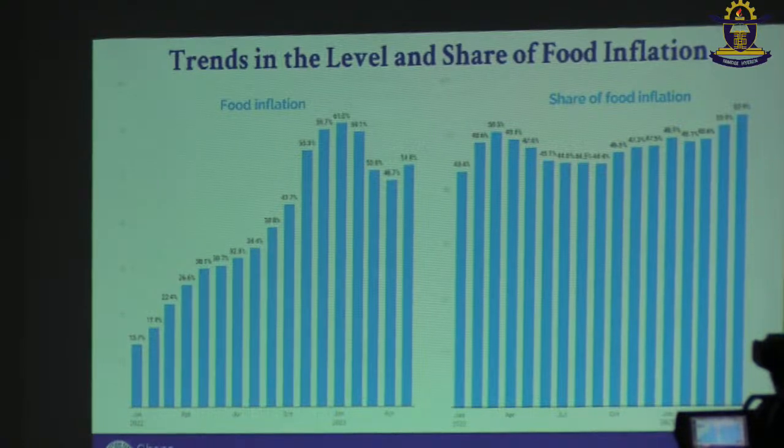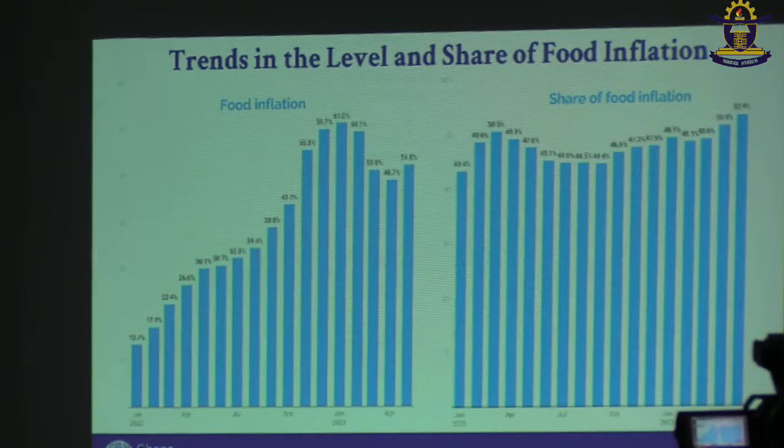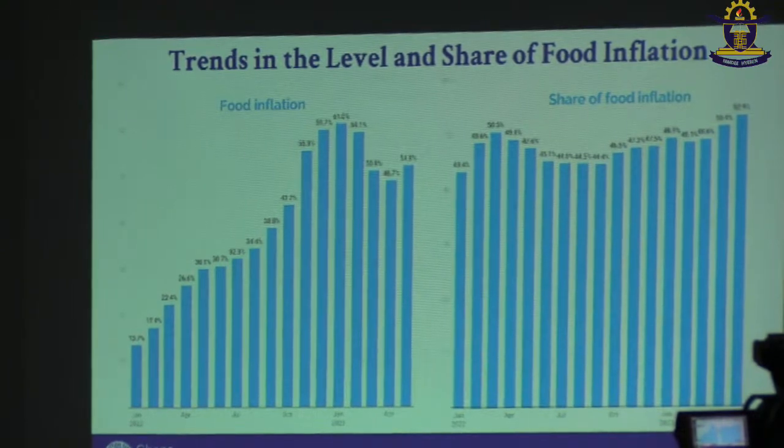In terms of the contribution, the share of food inflation to overall inflation, we have recorded the highest contribution in the last 17 months, that is from January 2022 to May 2023. In January 2022, the contribution of food inflation to overall inflation was 43.4%. It increased to half in terms of its share, 50.5% in May, stayed around that until April 2023,